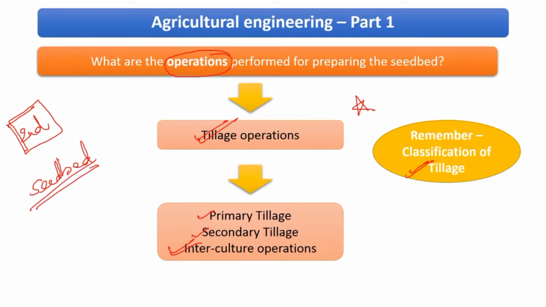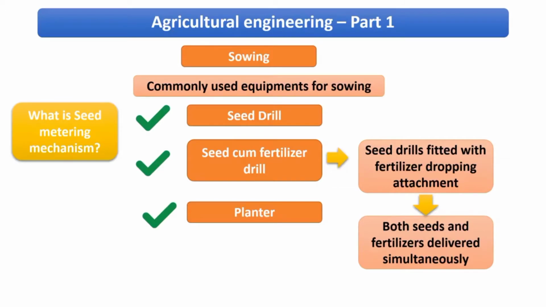Now secondly speaking, it should immediately strike your mind that for seedbed preparation we are doing tillage operations using what? So here comes the application of agricultural engineering, right? So using what are you preparing the seed bed? What are the tillage implements that are applied there? So this is the scope of agricultural engineering. So friends, before we move on to the next stage, which is sowing, let me just tell you that we will cover the tillage implements as part of a separate lecture. That is an important topic and we need to elaborate, so not including it here itself.